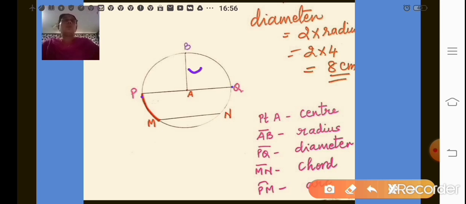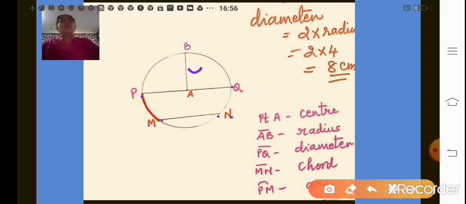Here I have shown the chord MN, again joining two points on the circle, but segment MN does not pass through the center. So always remember that a diameter always passes through the center and a chord does not pass through the center. Every diameter can be called a chord, but every chord cannot be called a diameter.